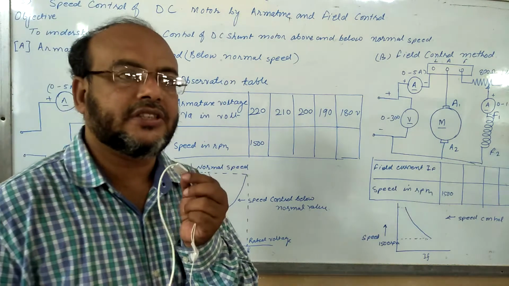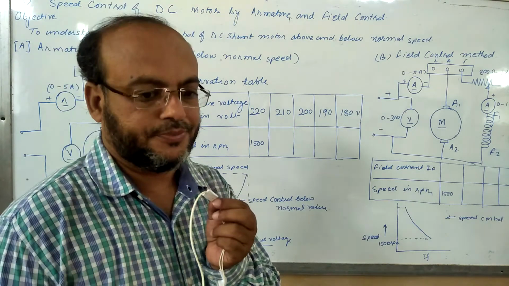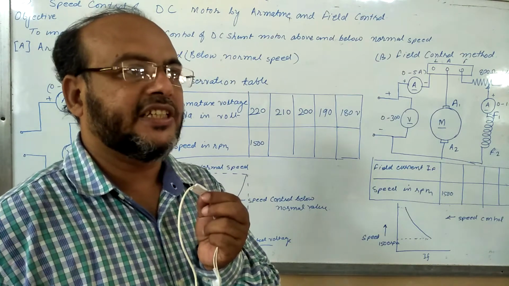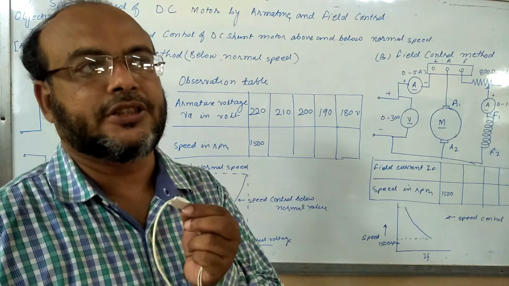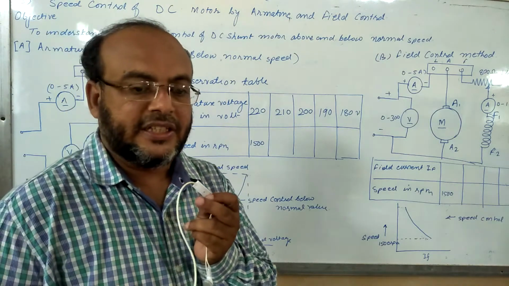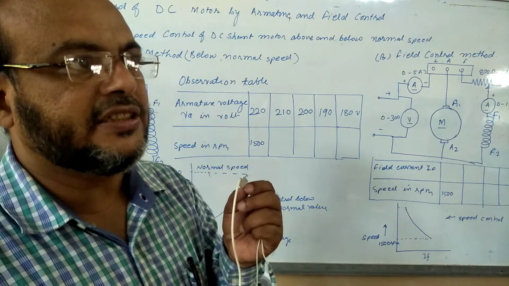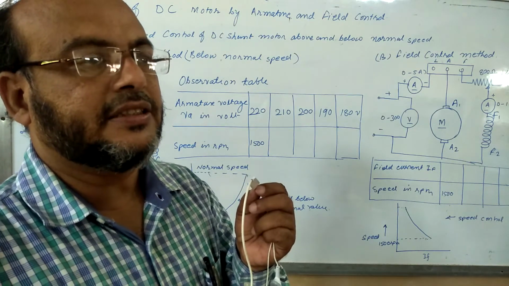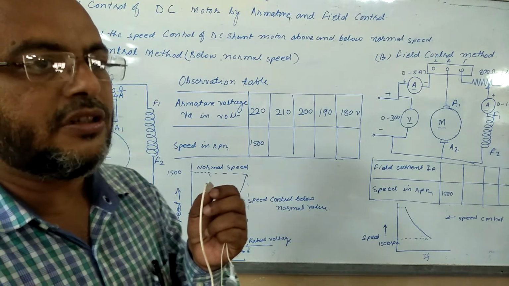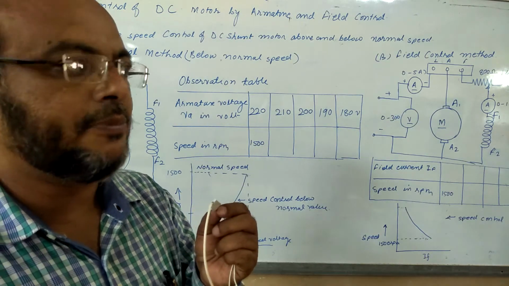So first of all we have to understand the objectives and meaning of speed control. We know that whenever the motor is loaded, its speed starts decreasing. This decrease in speed is called a drop in speed, which is not wanted in many applications, isn't it? So the natural speed drop is the inherent characteristic of a motor which decreases the speed slightly, and the drop in speed depends upon the different types of motors. So it does not come under speed control. Speed control is the deliberate change as per the application.